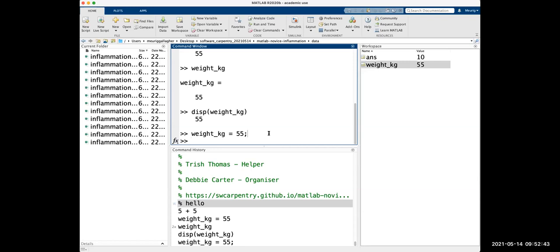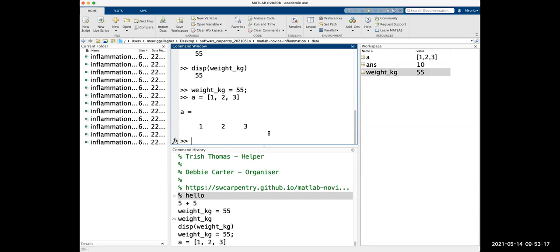So the way that we store multiple values in the same variable is using an array, and we create an array using square brackets. So we're going to create an array called A for array, and we can say equals, and then we use these square brackets to say what values we want, and we separate them by commas. So we say an array could be 1, 2, 3. You see each value is separated by a comma. The last value, we don't need a comma after it, so I can delete that, and then we close it with a square bracket, and then we can press enter to display it, and you see A equals 1, 2, 3, or we could have put a semicolon on the end, and that would have not displayed it to the screen.